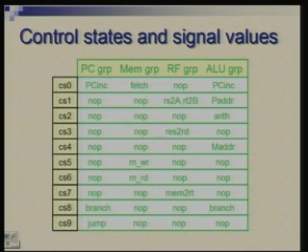Once I have that, I also encode these states in binary. You can use 4 bits to encode the state. I form a truth table where the code of the state is the input, and the bit vector which I write here is the output. So, these are the control signals which go from the controller to the data path.